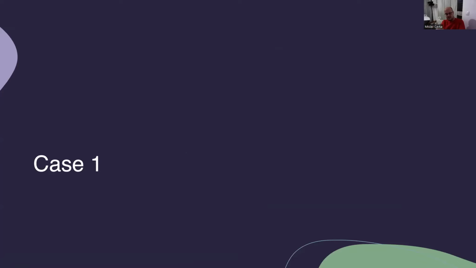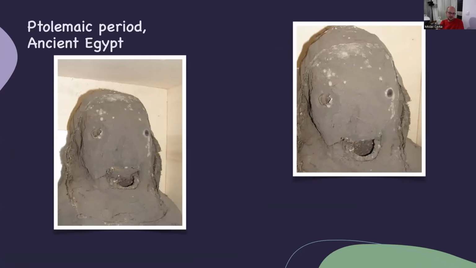So I will start with my first case in paleoradiology, which was an Egyptian mummy from an unknown period. It was even thought to be a fake mummy, as it was located in a fake sarcophagus in the Zagreb Archaeological Museum for 150 years. And you can see with this image of the head,